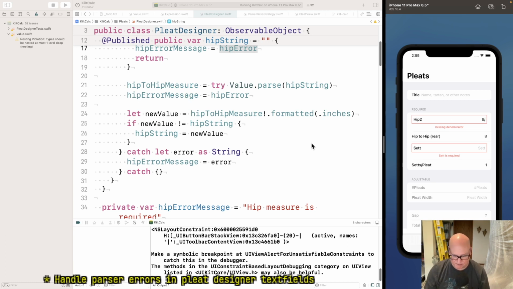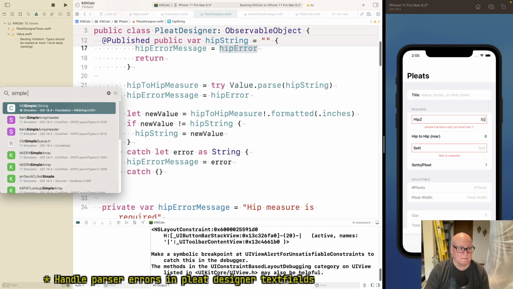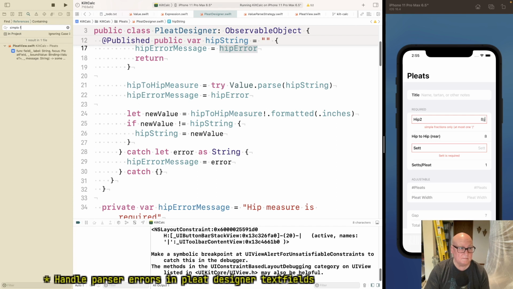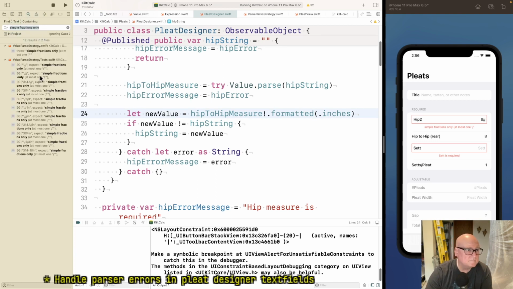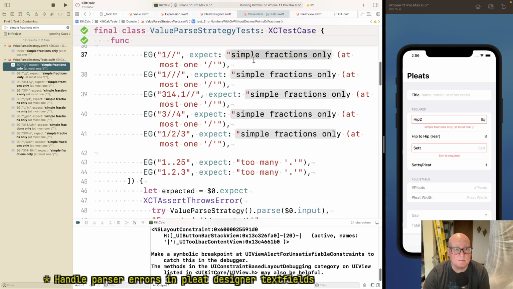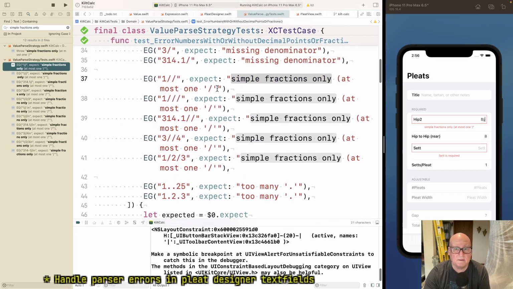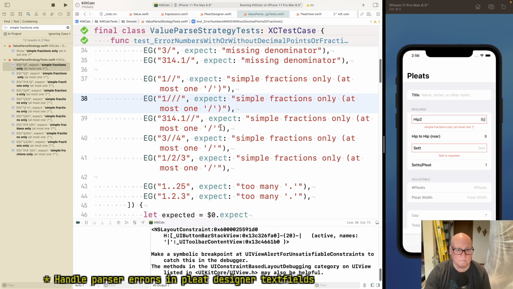Okay, but we're catching other errors. So this is too many slashes. I think I'm, let me look for that. No, I did leave out a paren. Well, we'll add this to our to-do list.